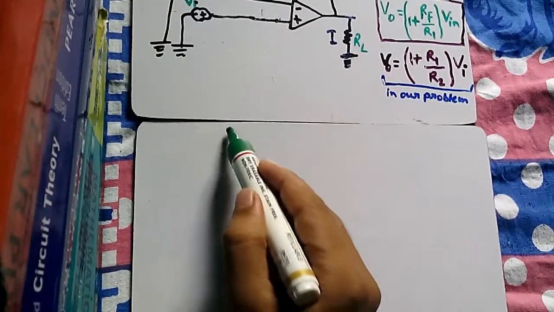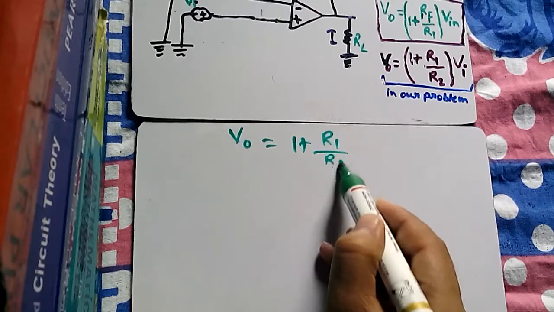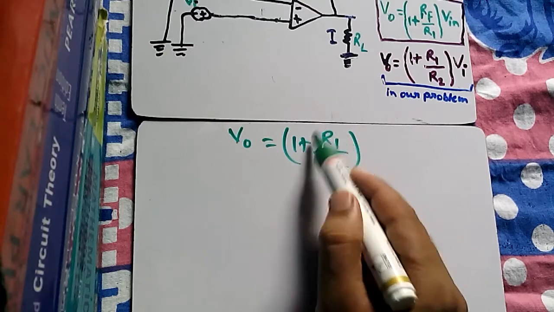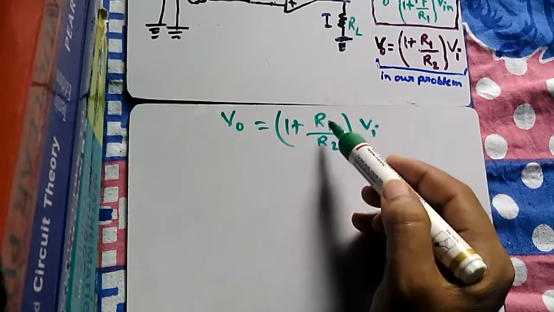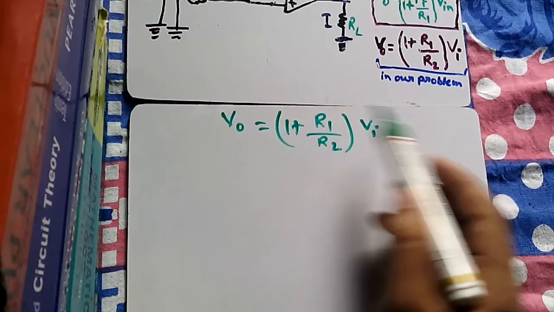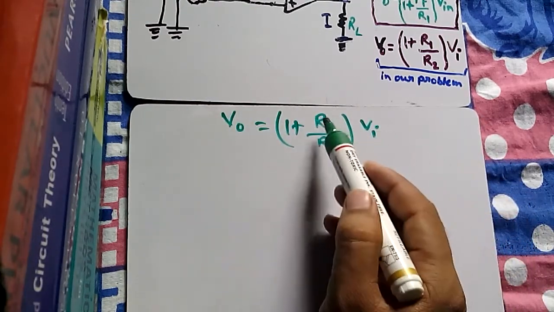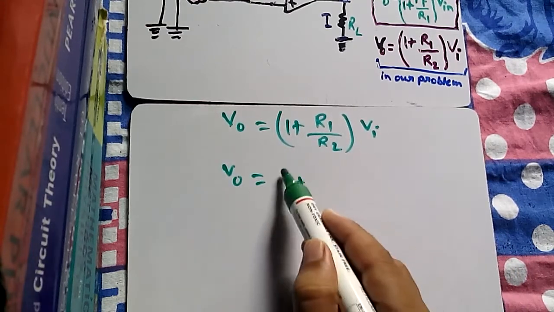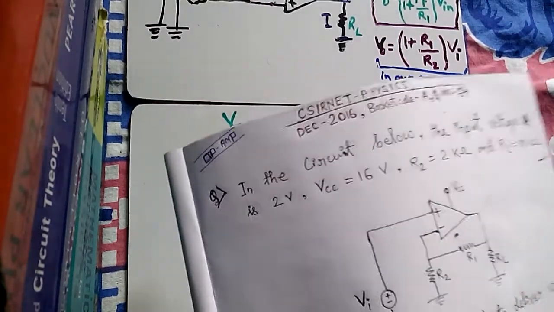Now let me write down again the output, 1 plus R1 by R2. This is actually feedback resistance R1, and this is what we have to find, into Vi. Now we have to find R1, R2 is given, Vi is given. If we can find V0, then everything is done. We can find R1. So let us write down V0 is equals to 1 plus R1 by R2 is 2